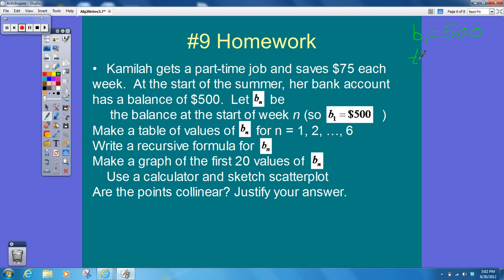So what will B sub 2 be? Pretend I put a B. B sub 2 is going to be, well, 500. She made $75, so that's 575. B sub 3 will be, add $75. B sub 4,